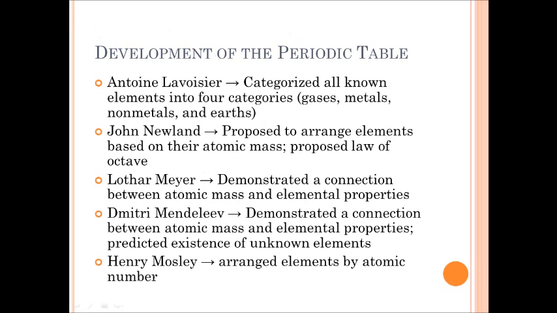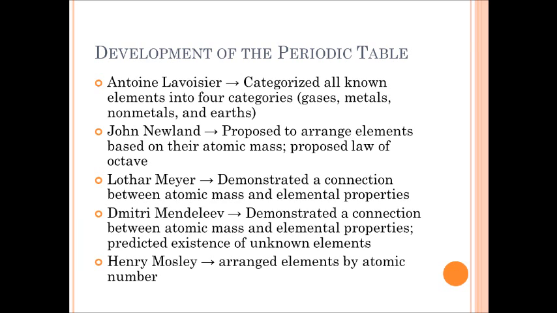Now, we were talking about the periodic table, and there were a few people that went into the development of the periodic table. The first was Antoine Lavoisier. I'm not quite sure how to say his name. And he was the first person really to categorize elements, and he put them into 4 groups: gases, metals, nonmetals,